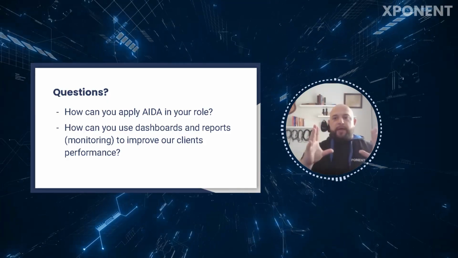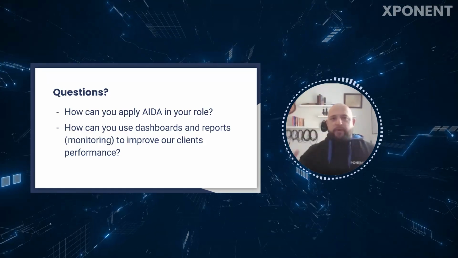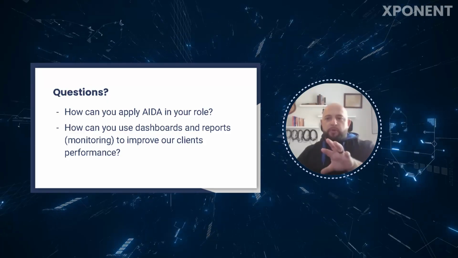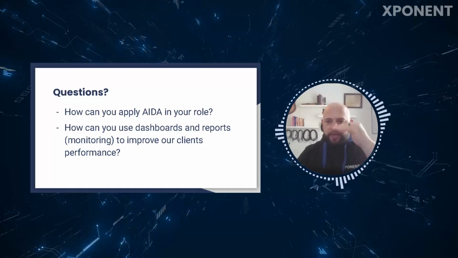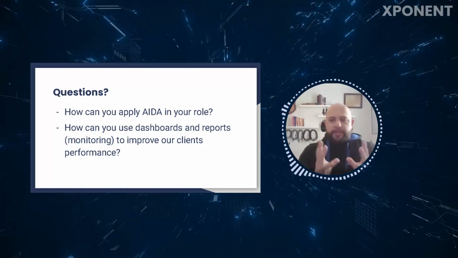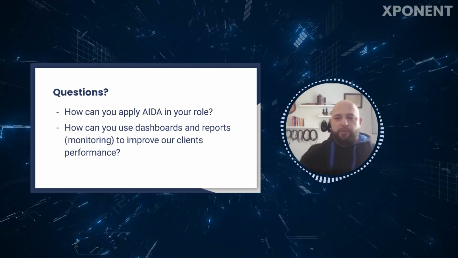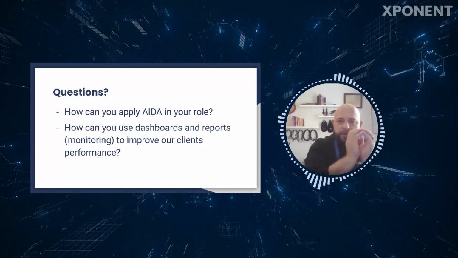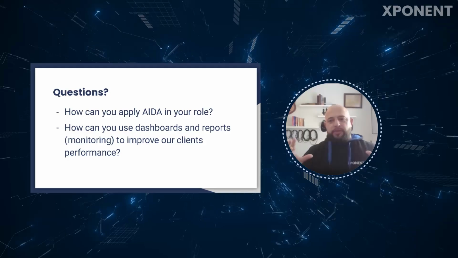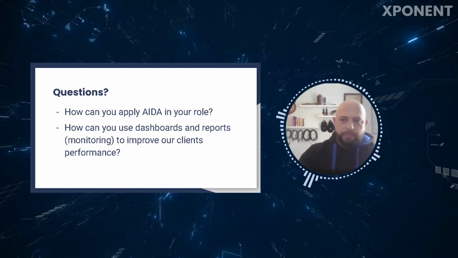But those things are also phases in a sort of macro AIDA where, yes, attention is the first step. They're moving on to the web page. Again, they're getting their attention, interest, desire, action, but they're actually in more of an interest phase because they haven't even submitted the lead yet. They haven't taken the action we want them to. And so it's happening on a micro level with every interaction, but it's also happening on a macro level where we're sort of guiding them through a customer journey, which people call a funnel or whatever the case may be.